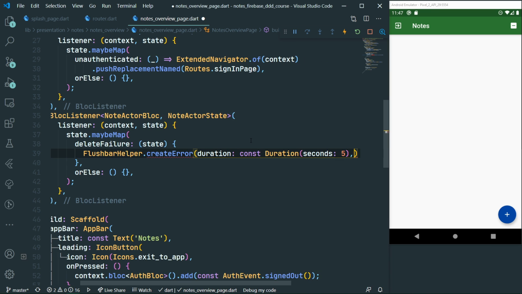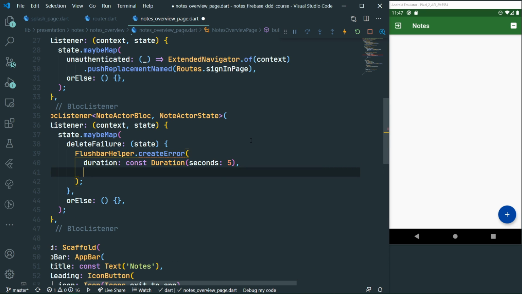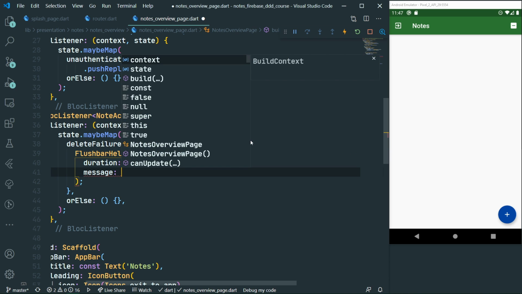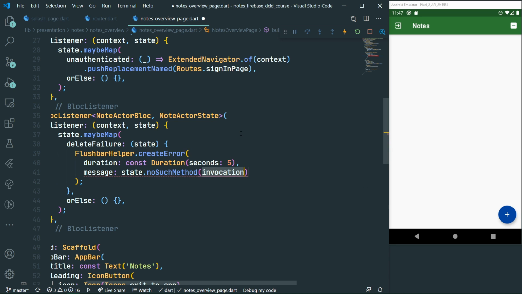Awesome. The message of the flush bar will be gotten by mapping over the node failure, which we can get from the state. So state has one field holding node failure, which is itself a